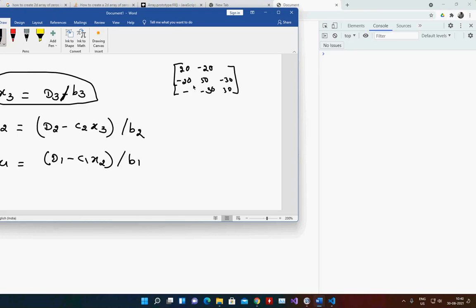This is the diagonal, this is the diagonal, this is the diagonal, and this is the diagonal. And for this one I can say 0, 0, maybe 100, and let's see now what happens.